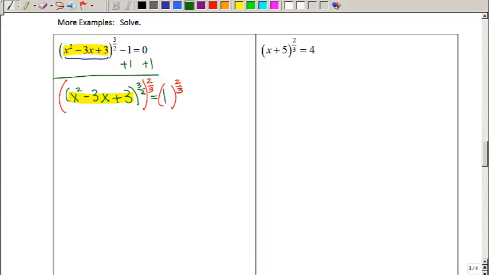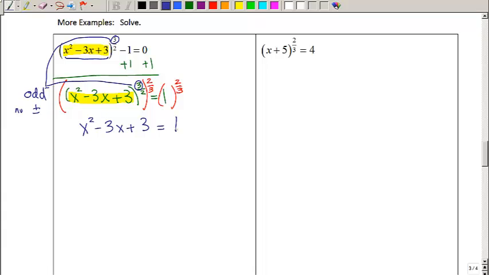Now, do I have a plus or minus or not? Well, I'm going to look at the numerator of the original problem. Is the numerator even or odd? Well, in this case, 3 is odd. Therefore, I have no plus or minus. This reduces to x squared minus 3x plus 3 equals, no plus or minus because my numerator is odd,